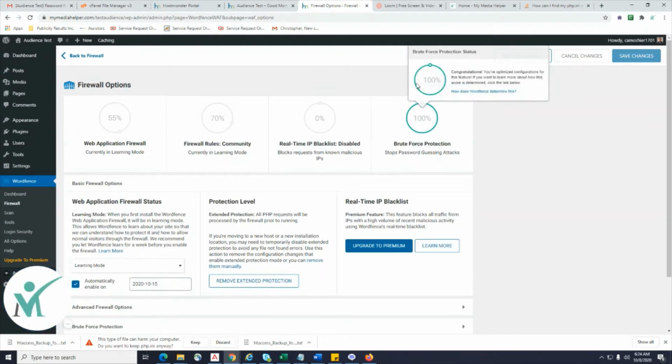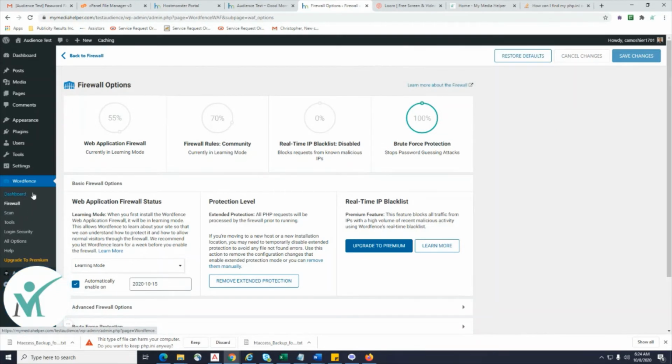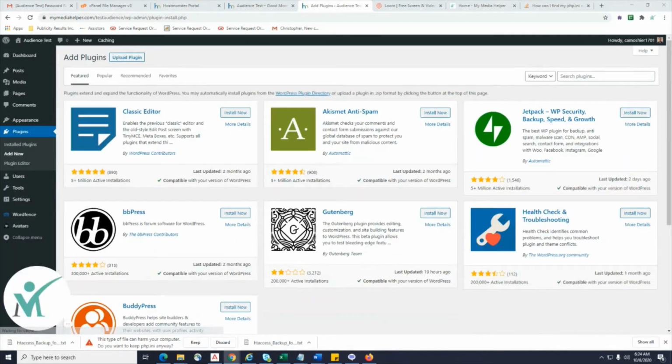Brute force protection, 100%. Yay. Okay, let's go back to plugins. We'll add new. Look, we got 2 down. All right, let me go back to, I can get rid of all this. Okay, the next one is going to be